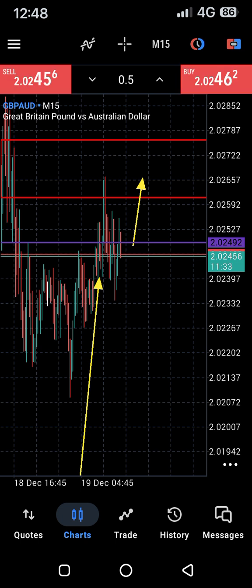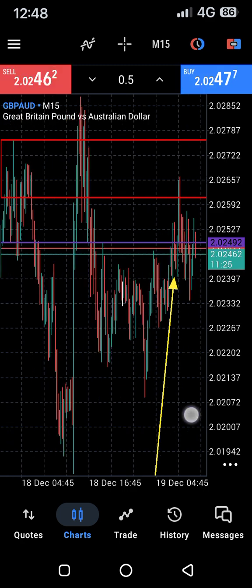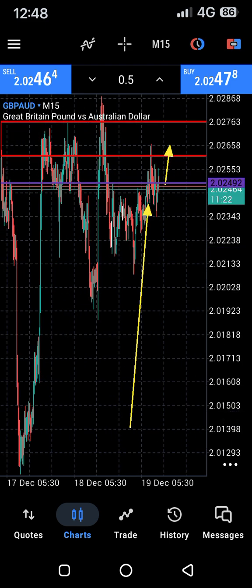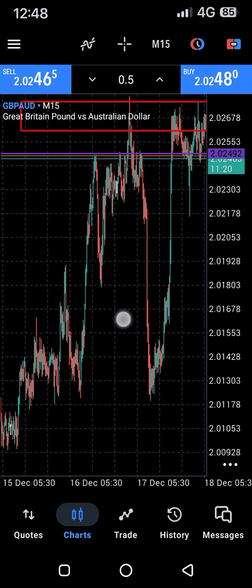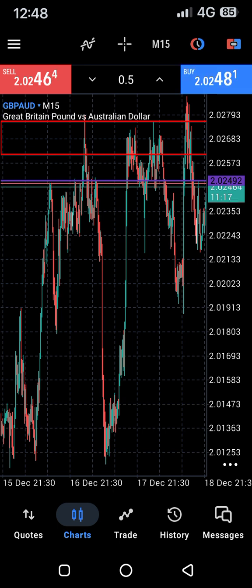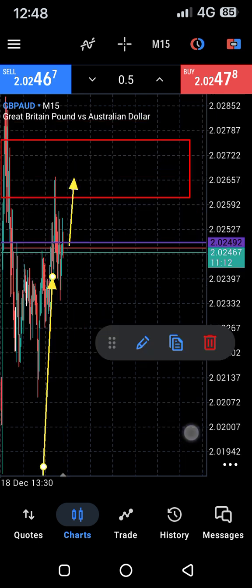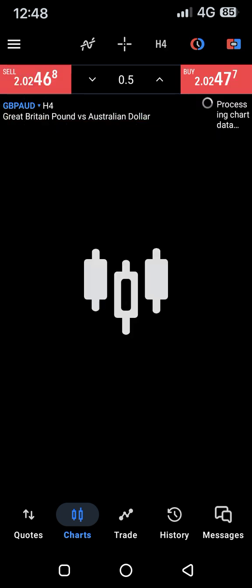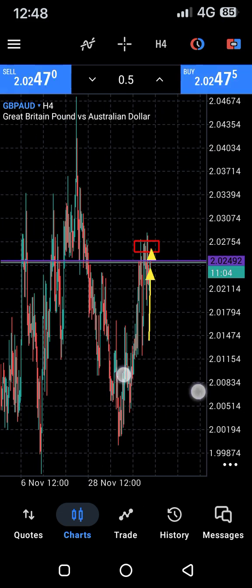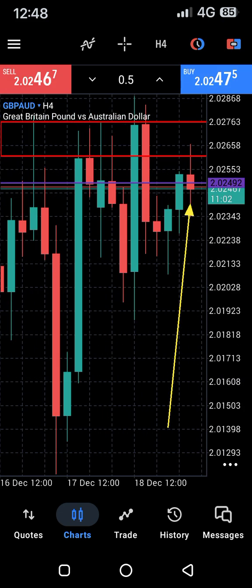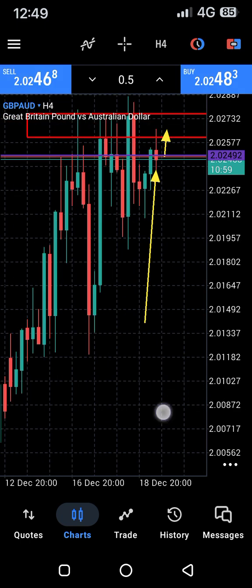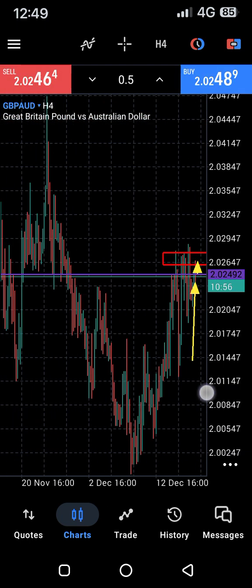But anyways, I won't bore you guys with details. I'll just be waiting for price to make another massive impulsive move to the upside, and I'll take my buys. But I don't see much on this pair right now. It's so clumsy. Okay, I see the move, but it's so clumsy. Price is not giving me what I would typically take in my setups, because in my setups all I'm looking for is the indication that price wants to go higher, and then after price goes above the level, I take my entries. But here it's a bit tricky because price has been indecisive for the past couple of